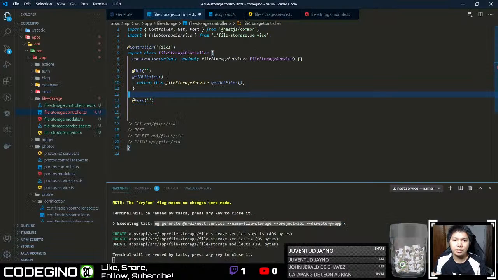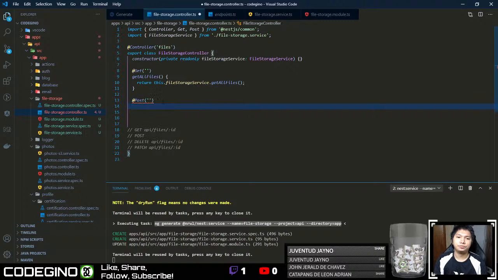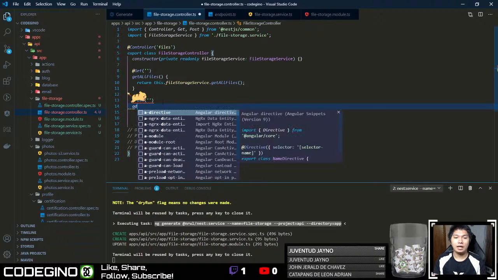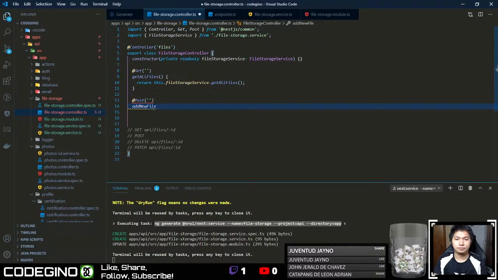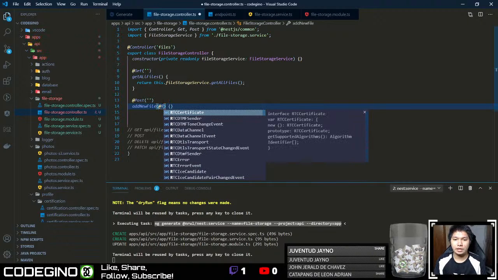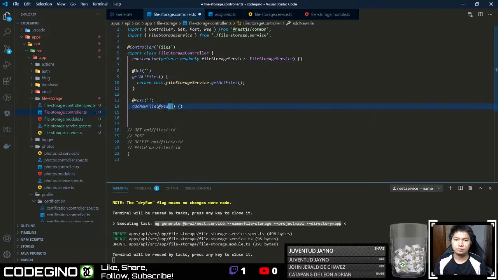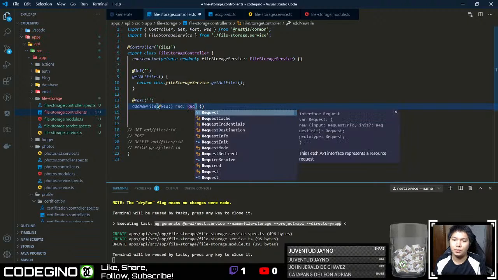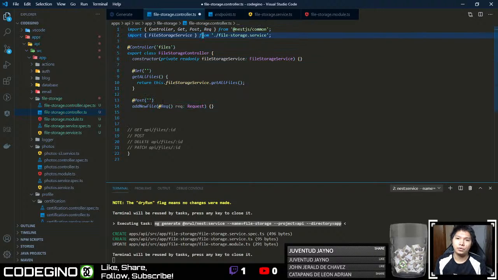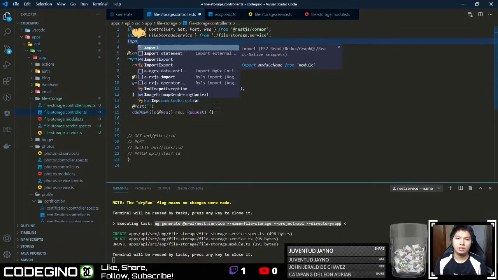Okay, sorry, going back here. Post. What's my post naming convention? I don't have a convention. Add new file. This will accept a request, req, of type Request. It's not necessary to add the request type here, but I'm just used to it because I like the type. Import